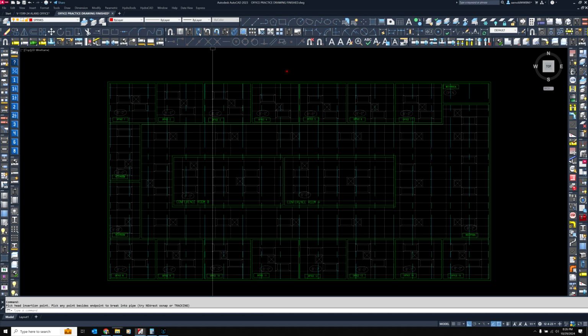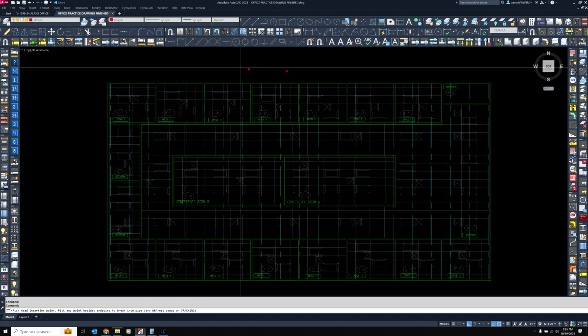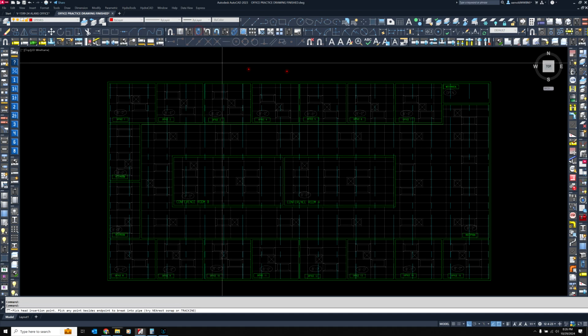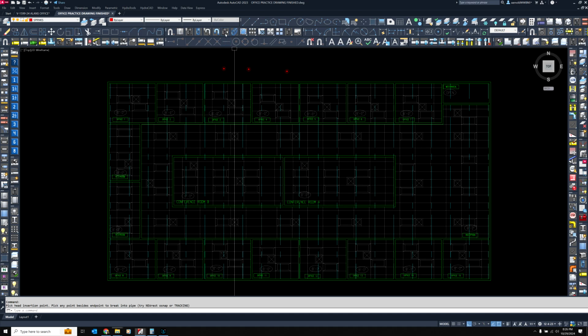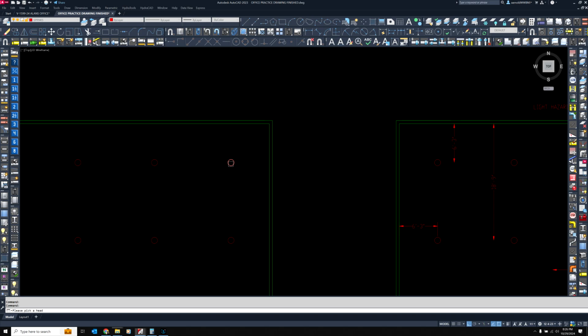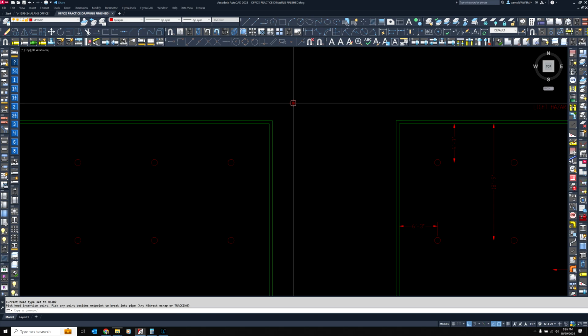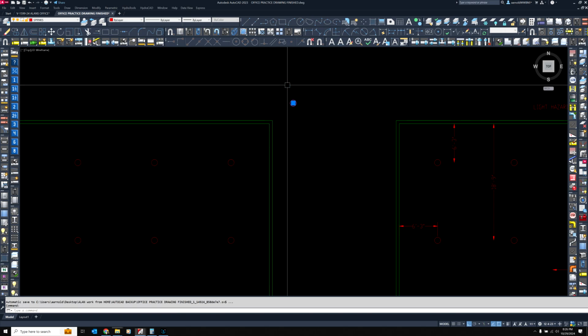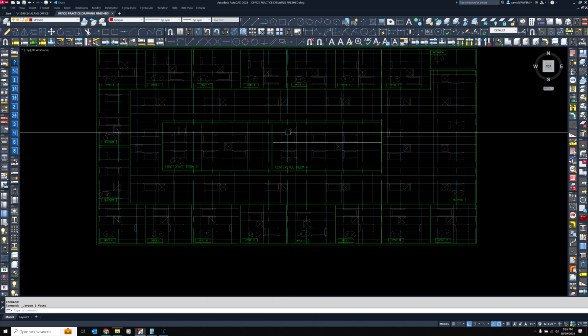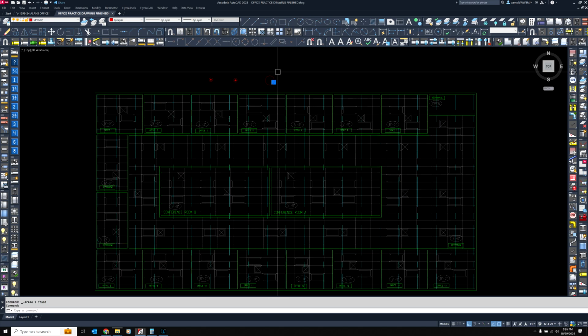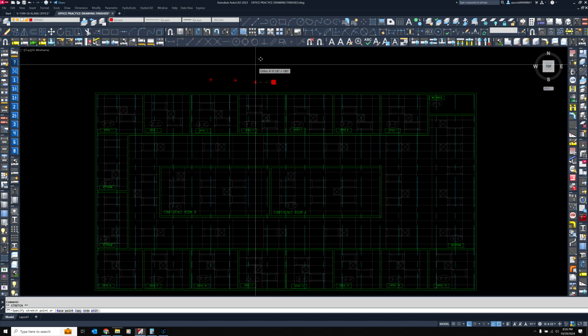Now if you come right here, because this is where we started with our new sprinkler head, if you click right here, it will insert the last head that you inserted. If you have more than one head type, you can use this button right here, say pick current head, and then down here I have some uprights. If I pick an upright, now it's going to insert that style block. Okay, I'm going to click and drag my